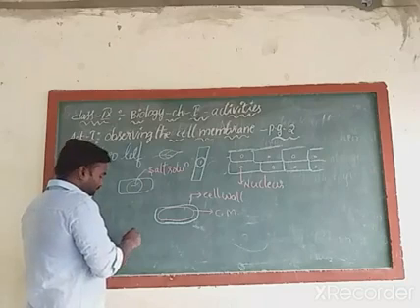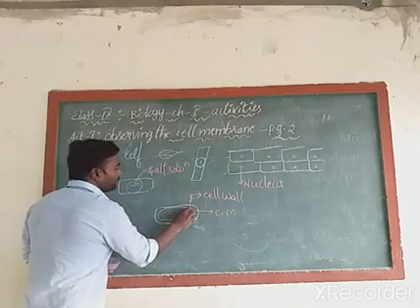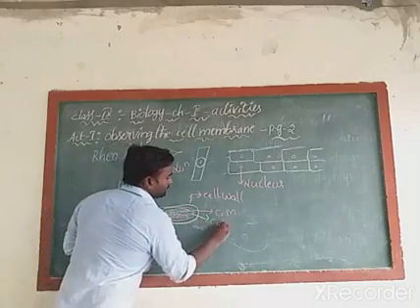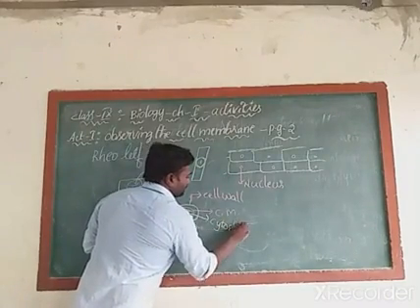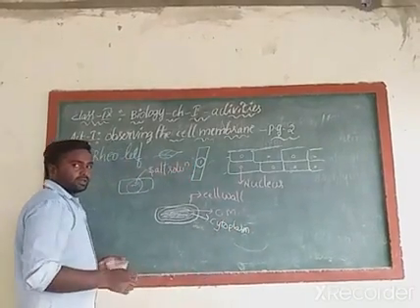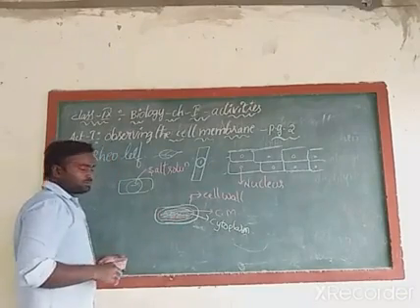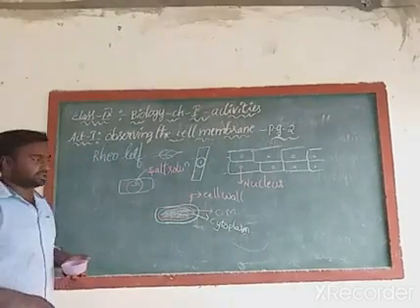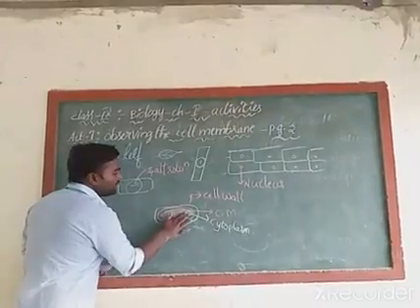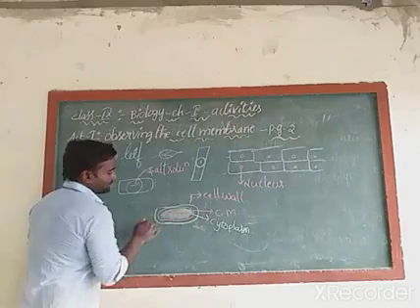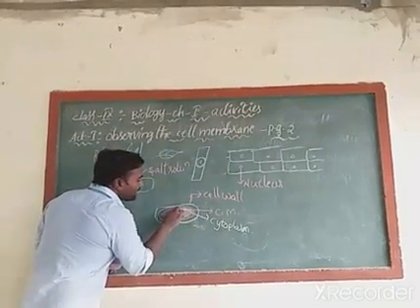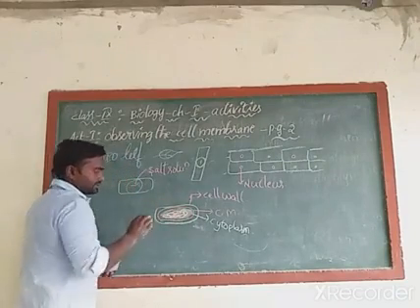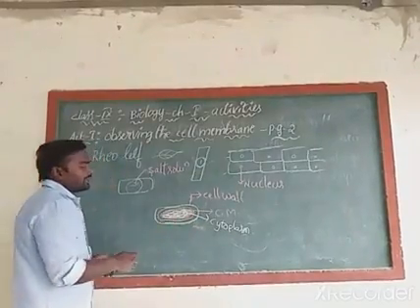In that cell membrane there is a chance to see a fluid-like material. A fluid-like material that is called cytoplasm. So if you observe the cytoplasm after addition of salt solution to the Rheo plant leaf, there is a chance to see shrinking of cytoplasm. Cytoplasm content will gradually decrease like this. Shrinking.